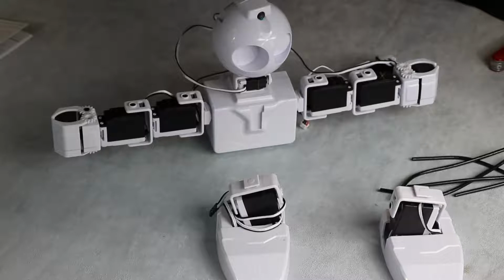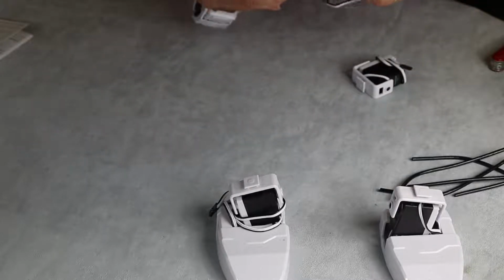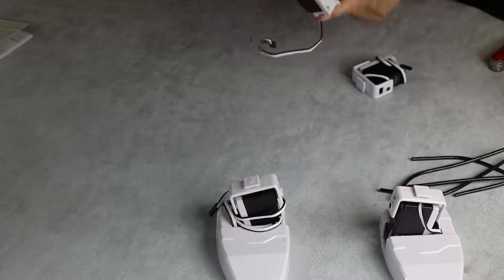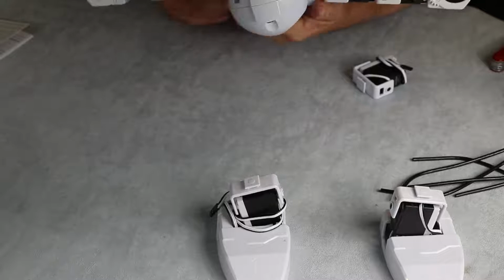And what I'm doing is moving it so that the servo connector for the next one is out to the outside, so that when I take that and clip that in, you'll see the servo's out here. Give him a better stance, keep his legs further apart. This one goes to